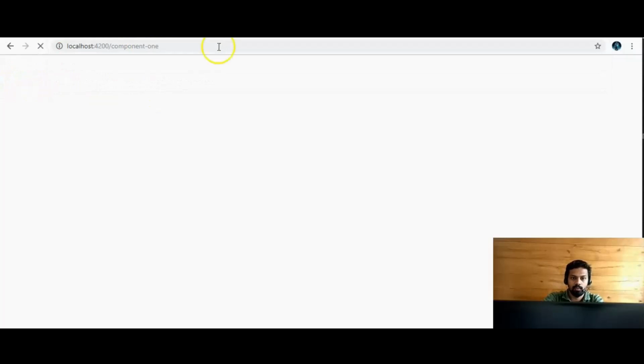Component 1 with the content text as content and open the URL component text. Yes, the content is passed from component 1 to component 2,